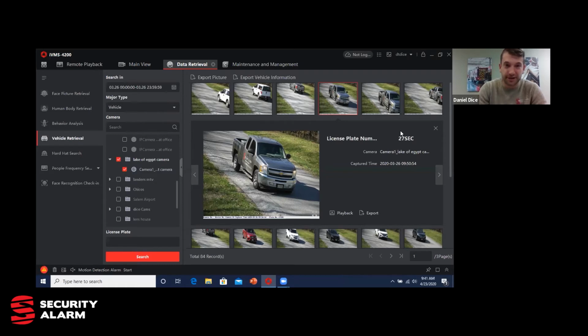Okay, there's the tag, and you write it down. Now, with these digital license plate cameras, the camera is intelligently interpreting what the tag says. Is it going to be 100% accurate? No, not all the time. It might interpret something a little differently. But for this example, it did pick up 27 SEC, which I believe is the actual full license tag